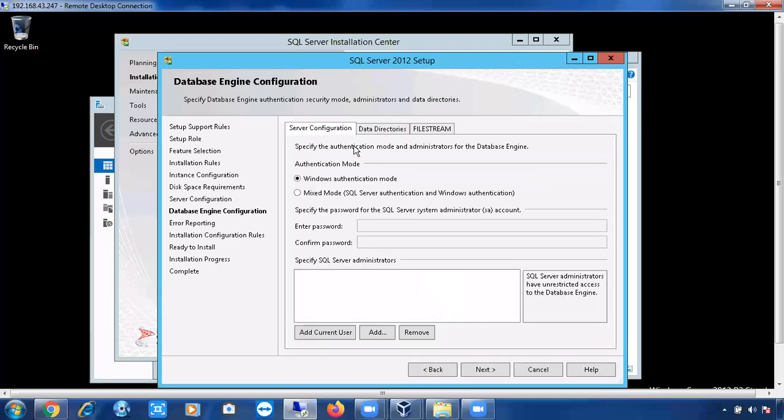Okay, and the authentication screen, right? This is Windows authentication or mixed mode. The difference between the SQL Server 2005 and the 2008 R2 installation is that in 2005 there is a bug. It will not ask you at the time of installation which accounts need access to the SQL Server, meaning who can access.